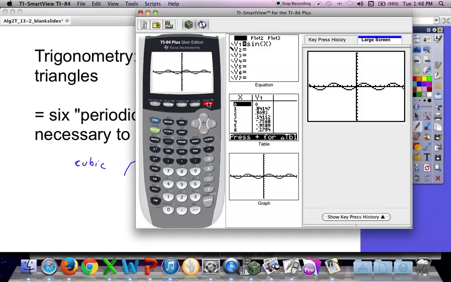So real-life situations which are wave-like would be well modeled by something like that, like temperature, like the waves in the ocean, things like that. This is useful for that. Now, if I zoom in a little bit,